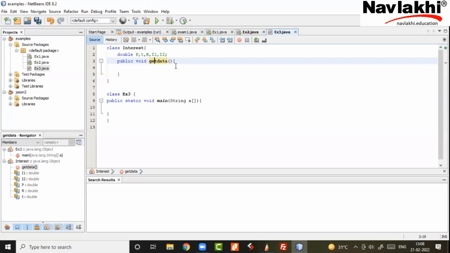But the whole point is I have to know, as a class designer, whether only one person is allowed to fill the form, meaning everyone is sharing the same form, or whether everyone is going to have a different form. Obviously, everyone's going to have a different form. I can't make it static. Think if main was going to call get data again and again. Let's assume that it's going to call many times. So should the PTR be the same or should it be different for every calculation? A different memory location. That's why I can't make it static, and that's why PTR is also not static.